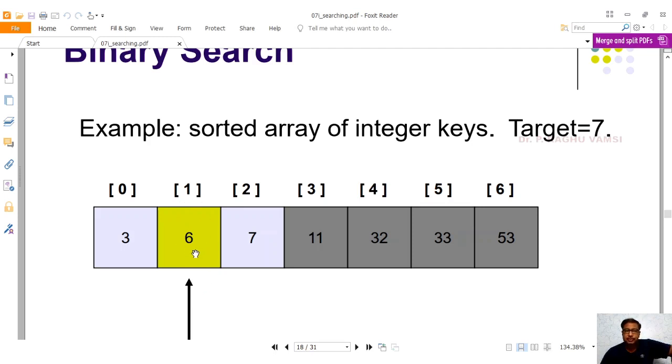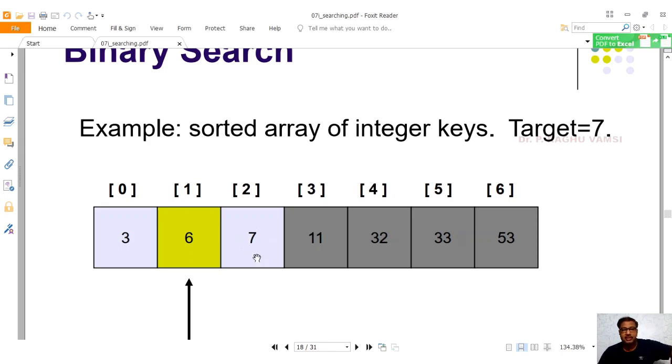Then you are supposed to move into the right side direction. Now high is 3 and low is 0. Since you are supposed to move into the right direction, you have to set low as 1. Now low is 1 and high is 3. Now calculate the mid value. Mid is equal to low plus high by 2, that is 1 plus 3 by 2, that is 2. Now you will find the element 7 is compared with the index of 2.